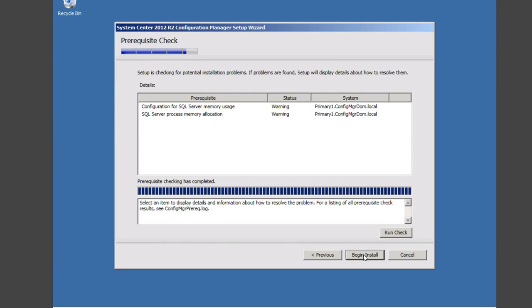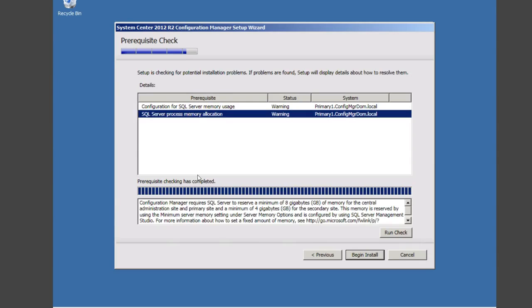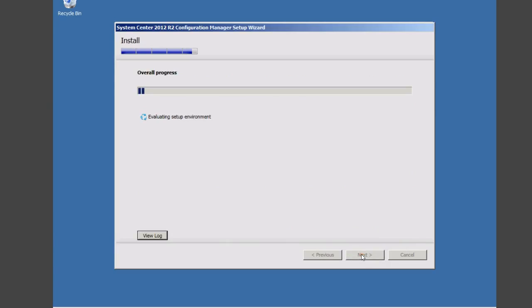So as you can see, we can install. It hasn't failed. We can begin the installation. It shows us that there are some warnings, and if you highlight each one, it gives you more information on what the warning is about. This one is about the minimum size for SQL not being reserved. I'm going to show you where you can configure this on SQL, but let's just start straight away and not waste time. But in the real environment, if I just do a search for